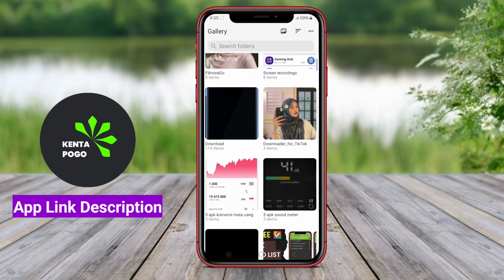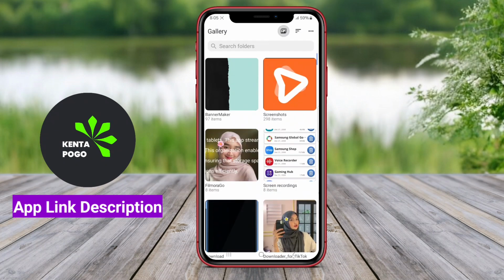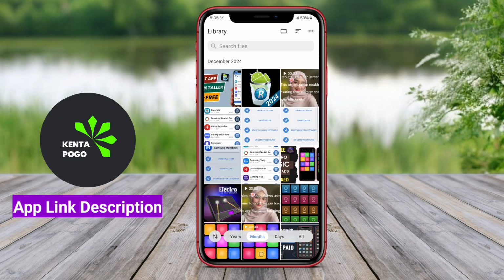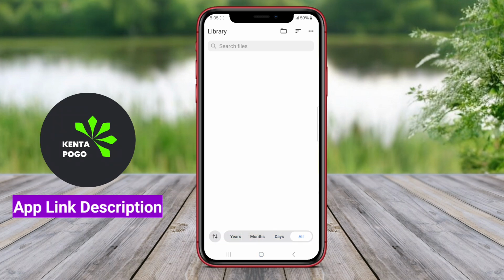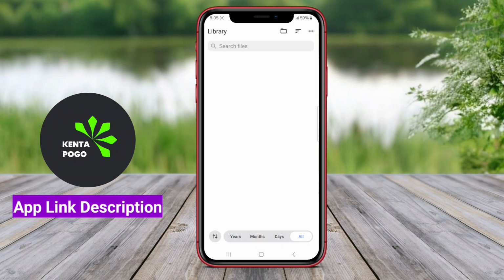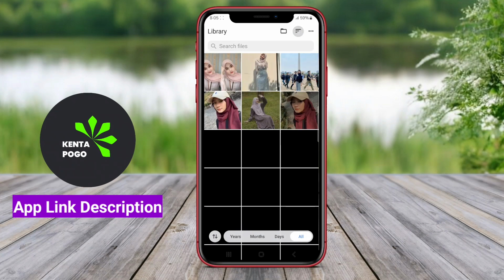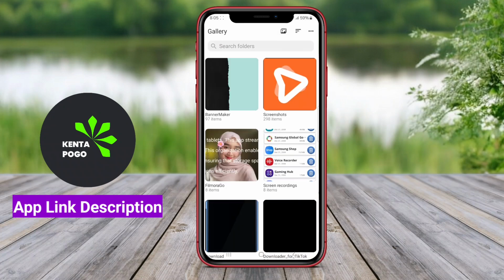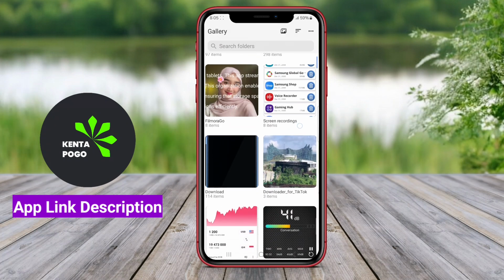Gallery is a versatile application for Android devices that serves as a central hub for organizing, viewing, and managing photos and videos. This app typically provides users with an intuitive and visually appealing interface, making it easy to navigate through their media collections. With features such as album creation, users can categorize their images and videos, facilitating easier access and